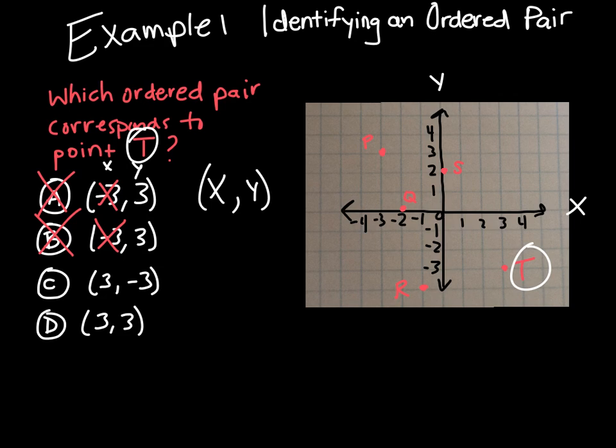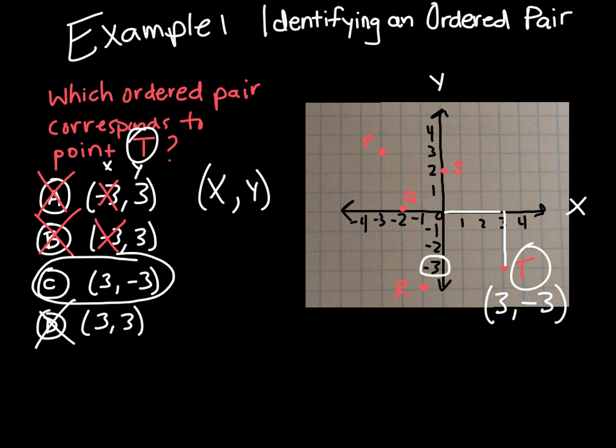Now we need to focus on C and D because they're both positives. So that's where we're going. We're going in the right direction because we're going to go over to here. So we go positive 3, and then we're going down to the 3, which is representing what number? Negative 3. So that proves to us that we didn't go in the positive direction, so our answer should be 3, negative 3